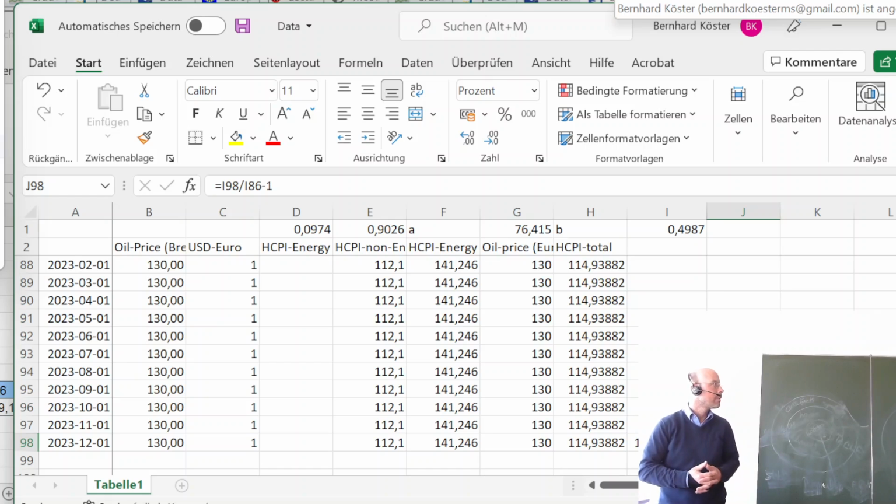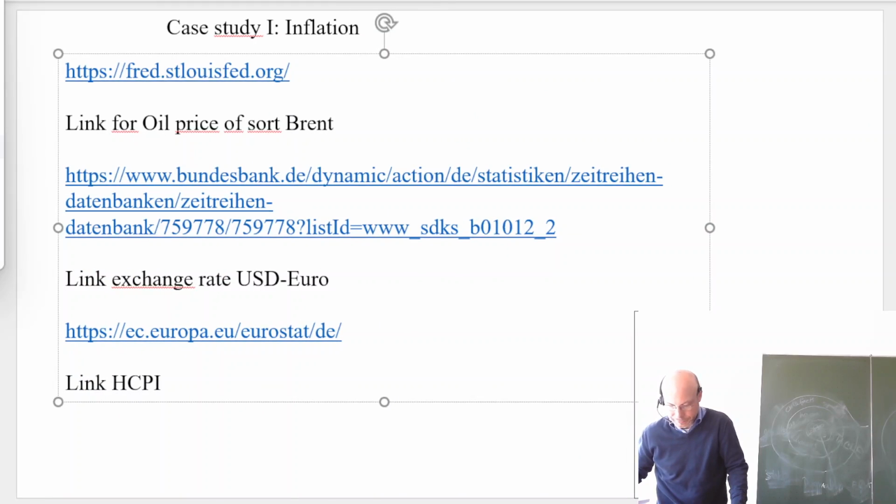So, and what I wanted to show you in this case study is that you quite often have to use the data from different databases. So you have different formats and how to get this data and how to put it in your software package. And this is also quite often not just a trivial thing. So then we can say in the result,